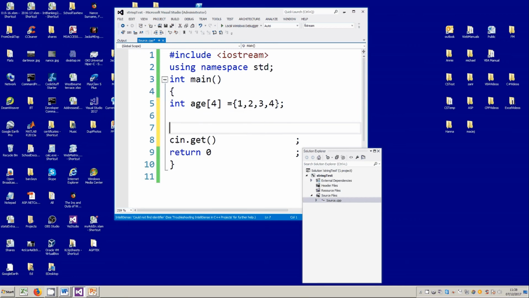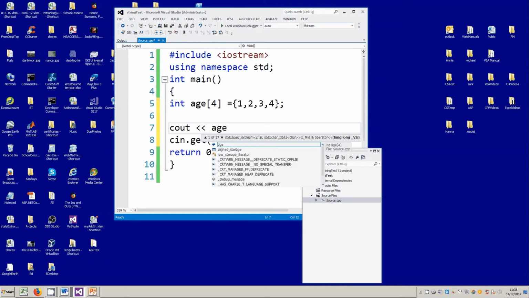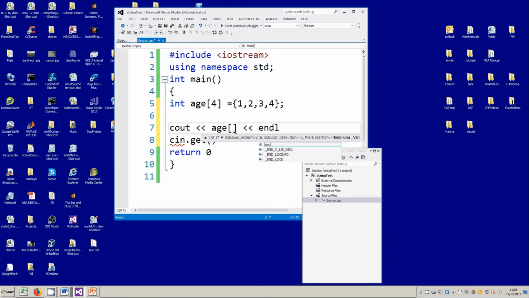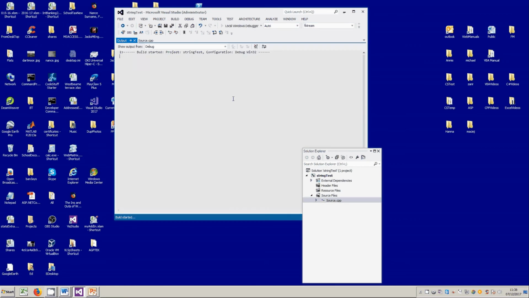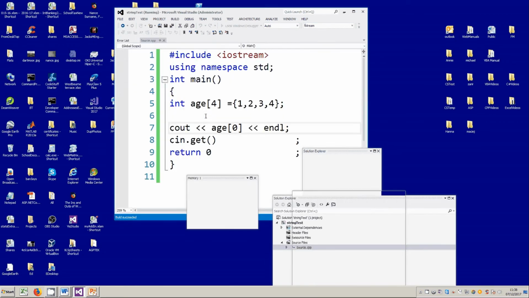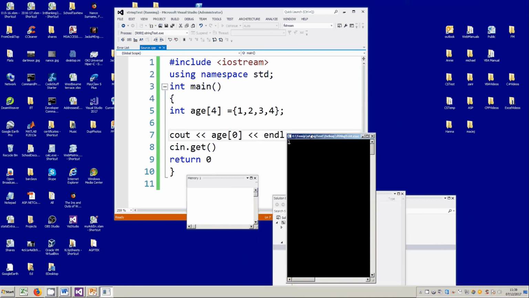So let's say we want to access our array, and I might want to just print out an element. Well, if I want to print out the first element, first of all I need square brackets when I'm printing out an element, and I'll just put an end line there as well. And now if I want to print out the first element, it in fact is element 0. This can be a little bit confusing and a bit hard to get used to, but we need to get used to it because that's the way that C++ works. I'll just start off by printing that element out, and that should print out the first element 1, which is